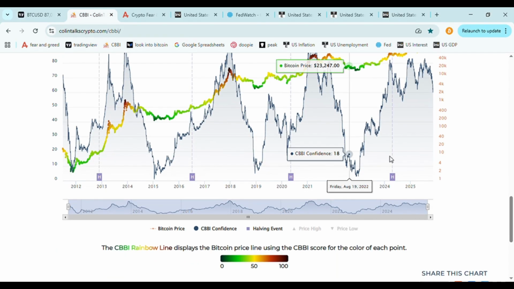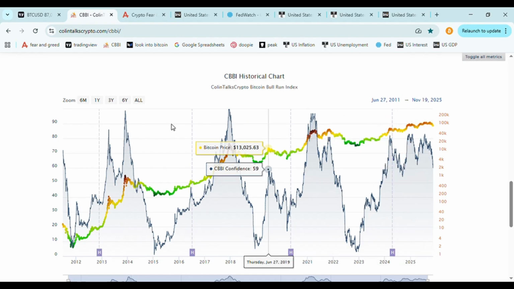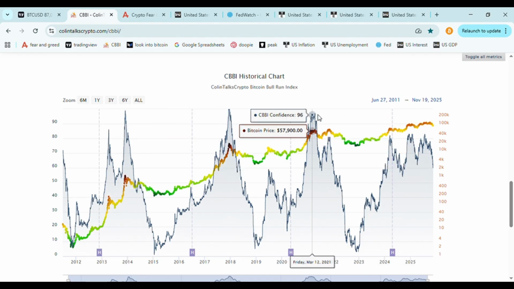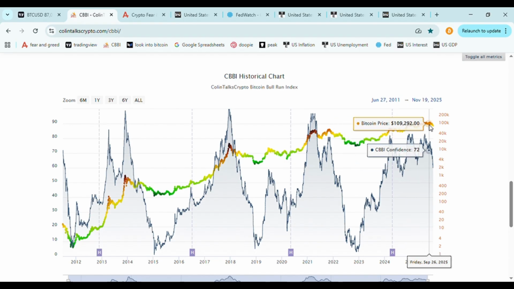If you look at the CBBI, that one has not peaked yet, which I was also looking at, and which was one of the reasons why I didn't sell. This RSI and CBBI were two major indicators I took a look at, and because they didn't flash, I didn't take my profit. But that's something I can take into consideration next time as well, to not only depend on the indicators but also on price action and market sentiment.